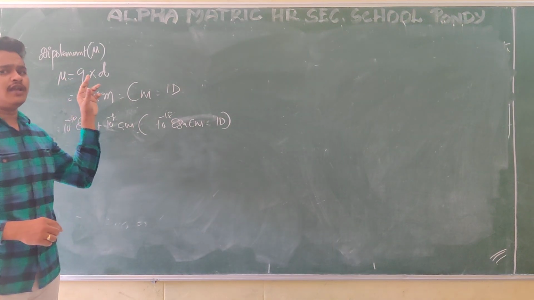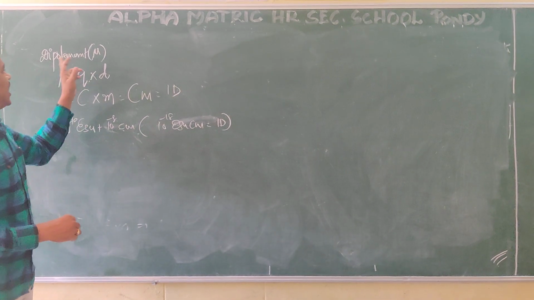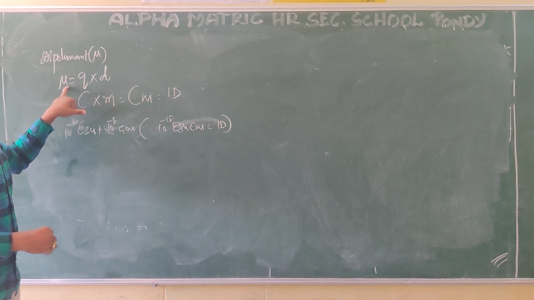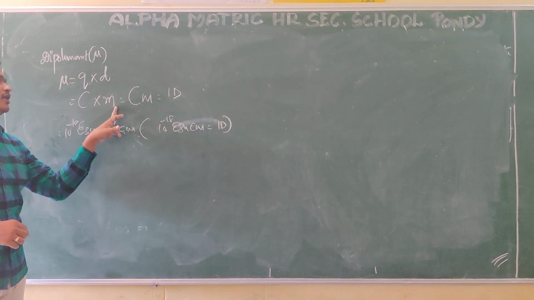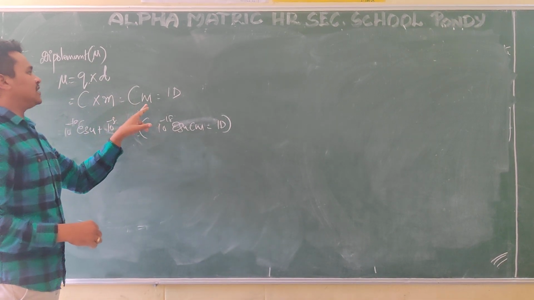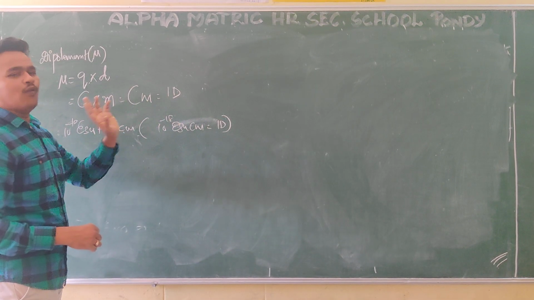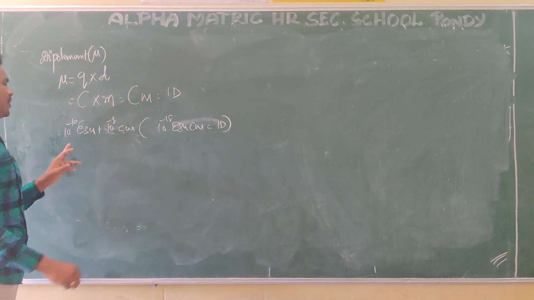In chemical bonding, we will discuss a small concept, that is dipole moment. Dipole moment is equal to charge into distance. Here charge will be in coulombs and distance will be in meters, so this is commonly called coulomb meter. A unit called 1 debye is the unit for dipole moment.